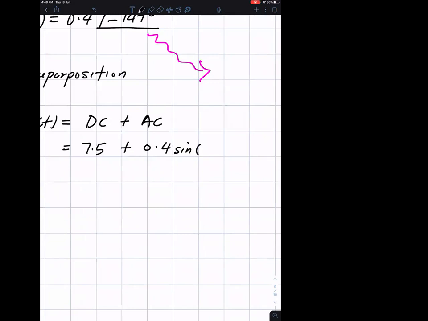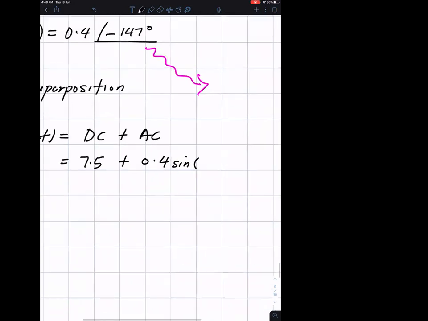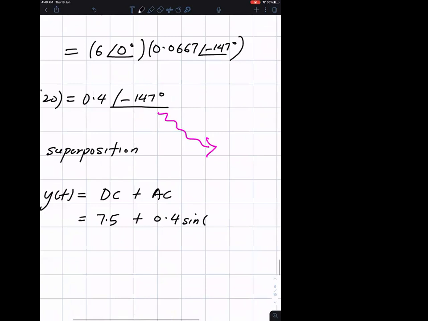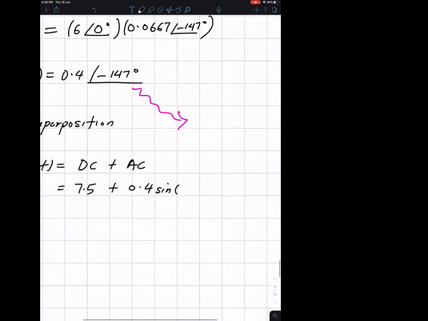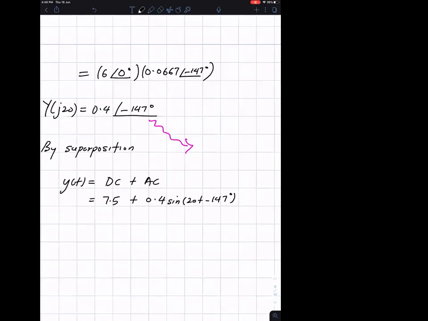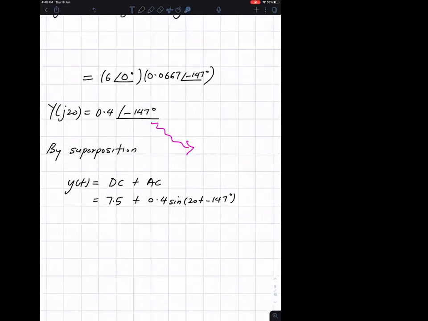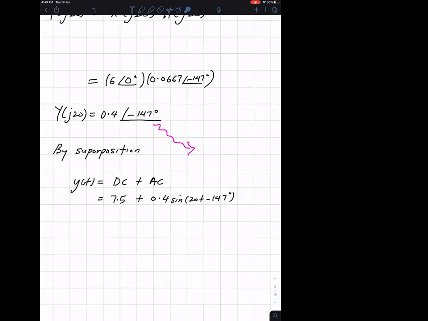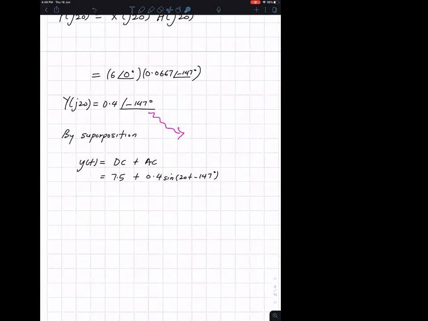Omega frequency is still the same, right? Frequency is still the same, which is 20t minus 147 degrees. The output has a phase shift. Amplitude 0.4, frequency 20. So that's the output. We're running out of time. So